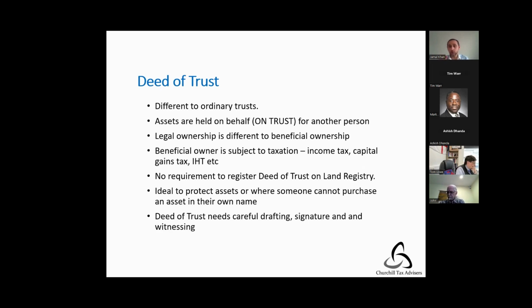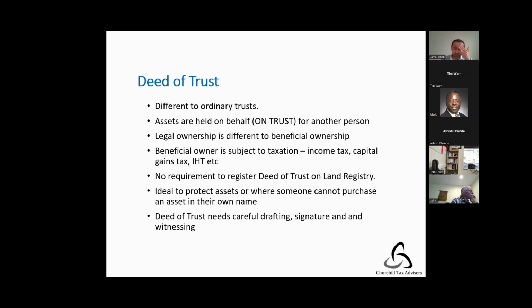A deed of trust is a legal document. It's created by solicitors, or we can create it, but it has to be signed and it has to be witnessed. Normally when somebody files a tax return, you would say in your tax return that the asset is held on trust for me by, for example, Mr. whoever, but I'm the beneficial owner of this asset, and hence the rental income from this trust asset is going on my tax return. But it could be that there's no rental income, say a main residential property owned by somebody else. But as long as it's witnessed,